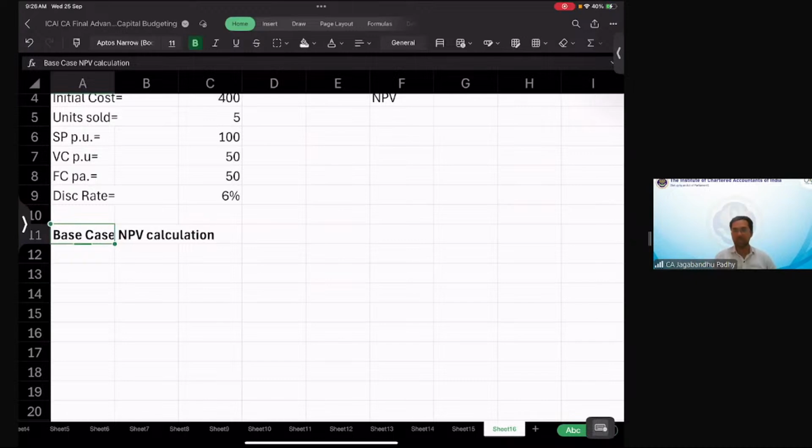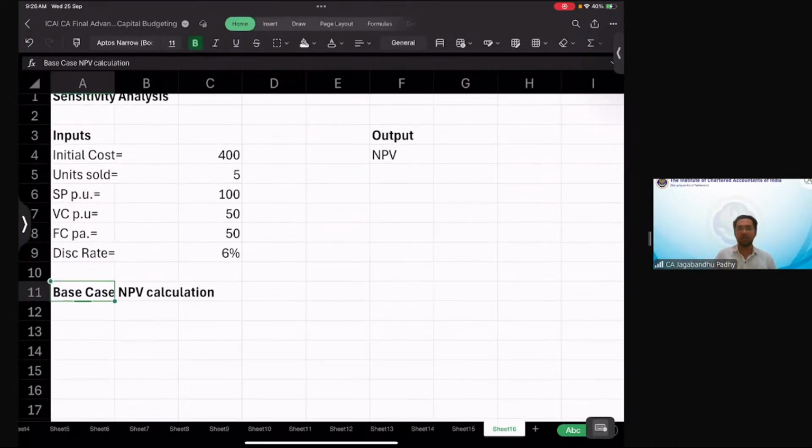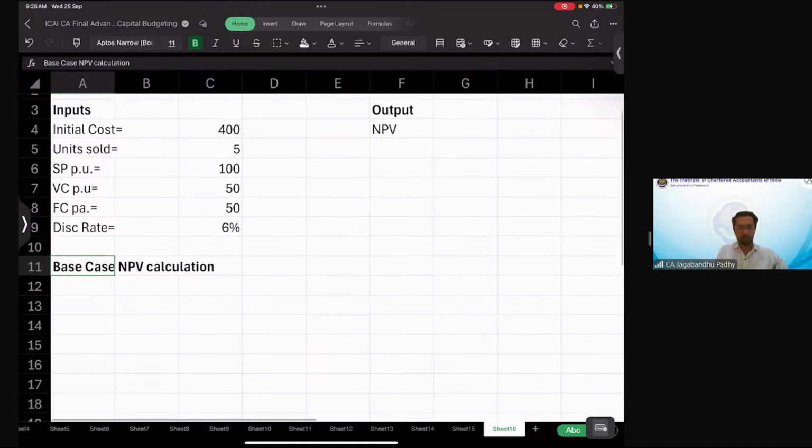Base case NPV. Base case NPV means whatever numbers we have, whatever the expected values, based on that, how much NPV are we expecting? Let's first calculate the base case NPV. Now, how do we get this base case NPV? We write down the cash flows and calculate the CFAT. So the base case NPV, we can get it by simply saying